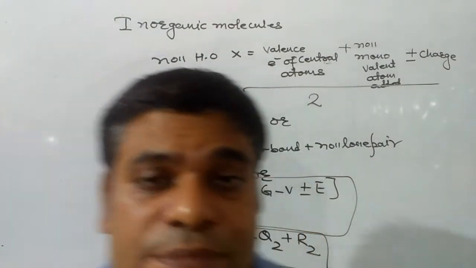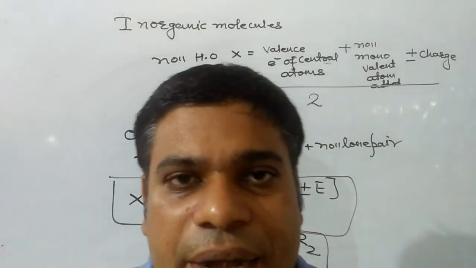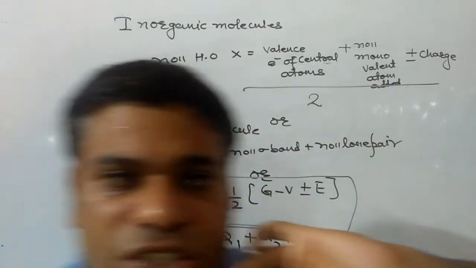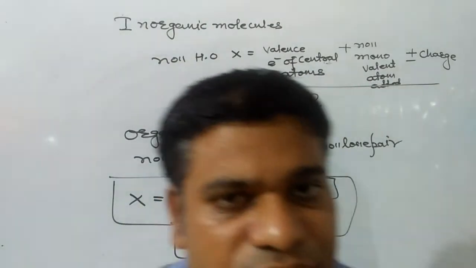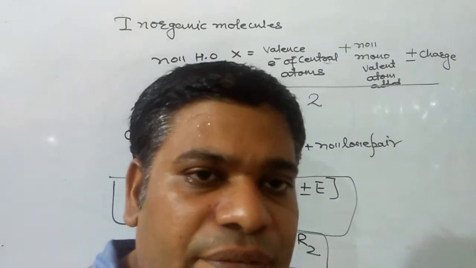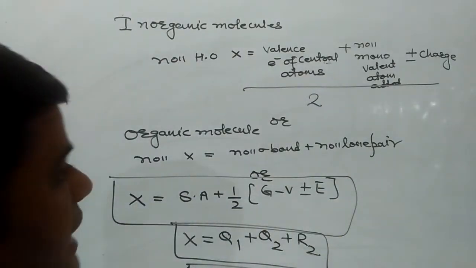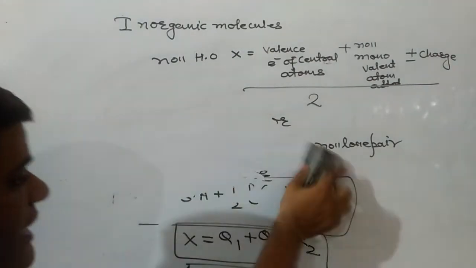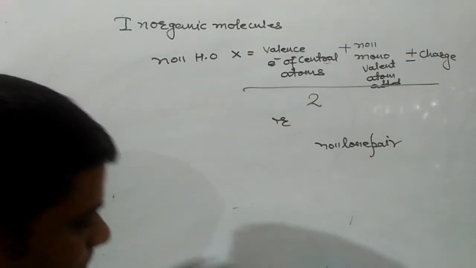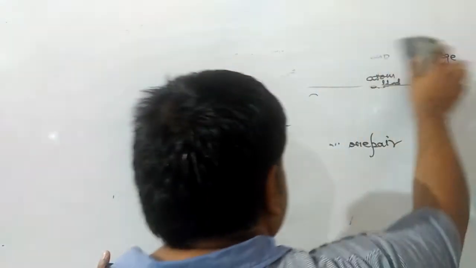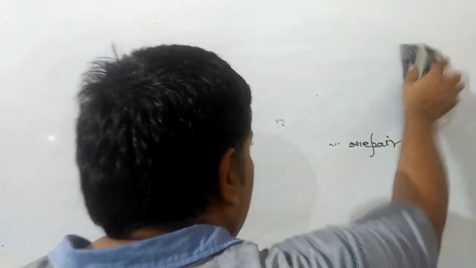There are 4 formulas by which we can find out the hybridization, but you can use only the first two to find out the hybridization of any molecule. The first one is for inorganic and the second one is for organic. Now I am going to use these formulas to find out the hybridization, which are commonly asked in your exams. And the first question is, what is the hybridization state and shape of the following molecules according to VSEPR theory?